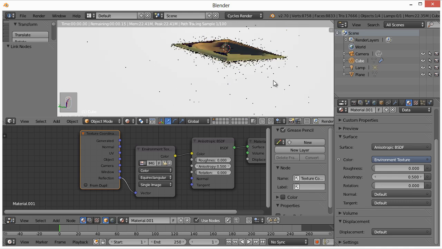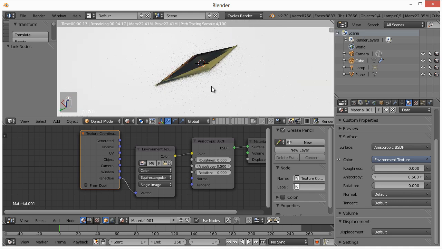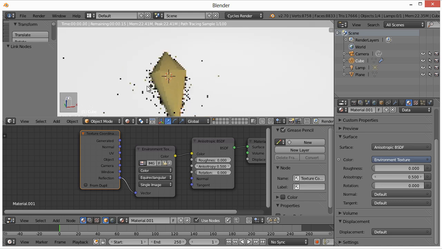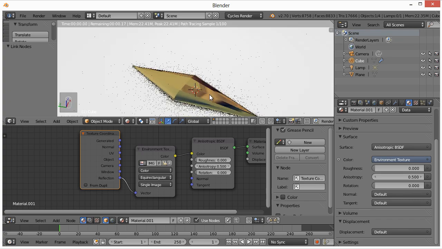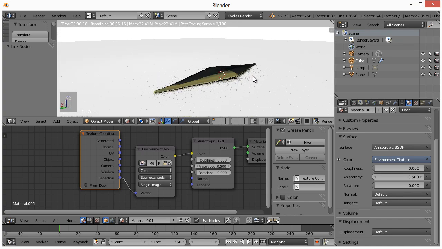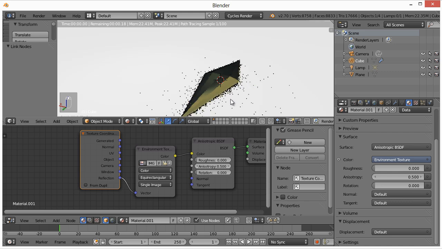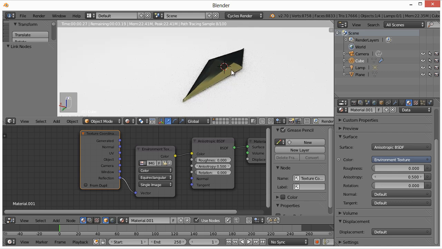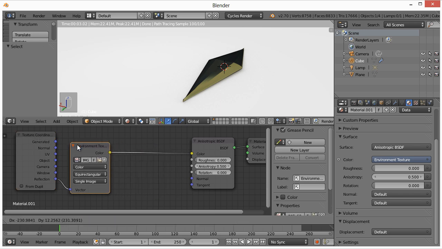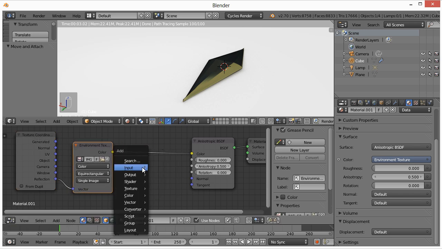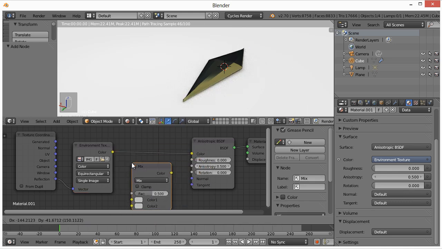But right now, this doesn't really look too realistic, or it doesn't really look good. And it's certainly not any type of chrome, because it has all this color in it. So we can adjust that real quick by adding in a few color adjustment nodes here. So if we hit Shift A and we go to color, mix RGB,